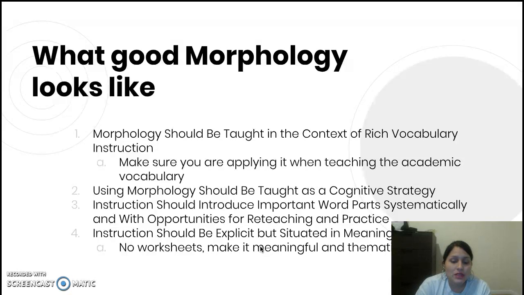And then the last one is that instruction should be explicit but situated in meaningful context. This means you should not be giving your students worksheets to practice morphology. It should be more about making it meaningful and thematic. Again, having games or something that they can manipulate and really invest themselves in their learning. That's how they're going to really be able to do a great job at understanding